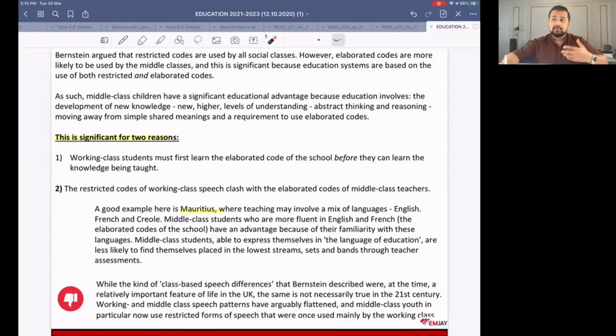So Bernstein said what he had to back in the 1970s. It did make a lot of sense. It does make sense even today if you talk about a country like ours, or South Asian countries, or developing countries in general. But if you talk about the Western world, the UK, these differences that existed to such an extent back then have probably flattened down today, right? Now, moving on.